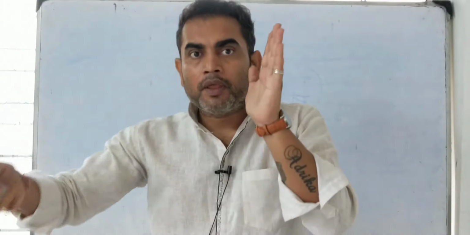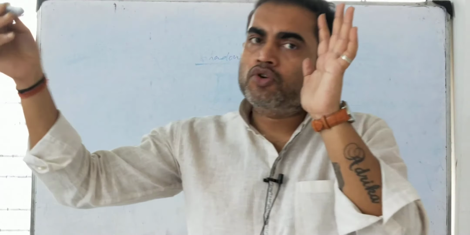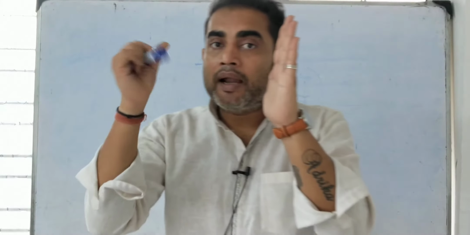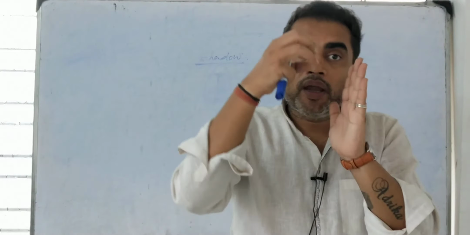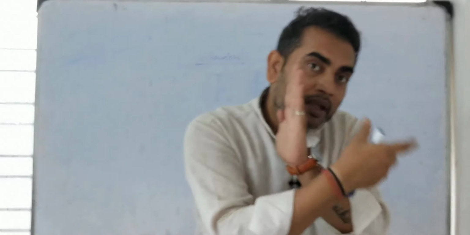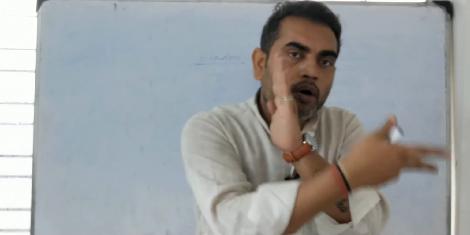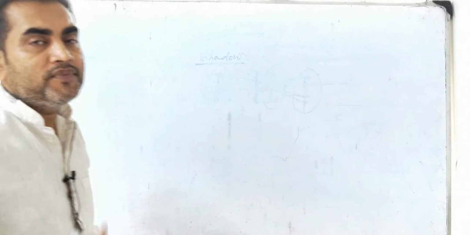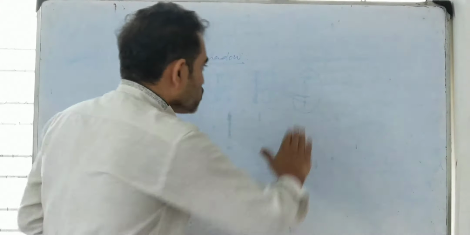Remember, keep in mind what I am telling. So one thing, we have a source of light. From that source of light, the light is traveling, and an opaque object is placed in this path of light. It blocks the rays of light, and a black region is formed behind the opaque object, and the black region that is formed behind the opaque object is said to be the shadow.